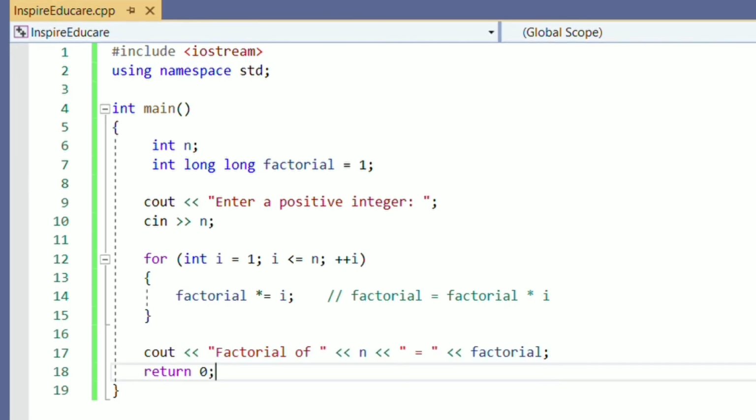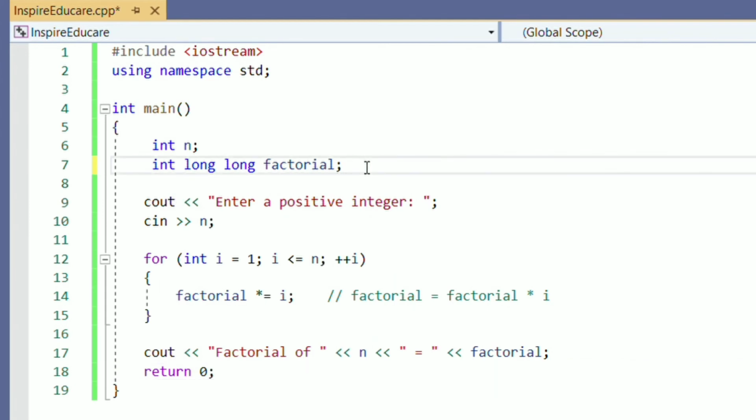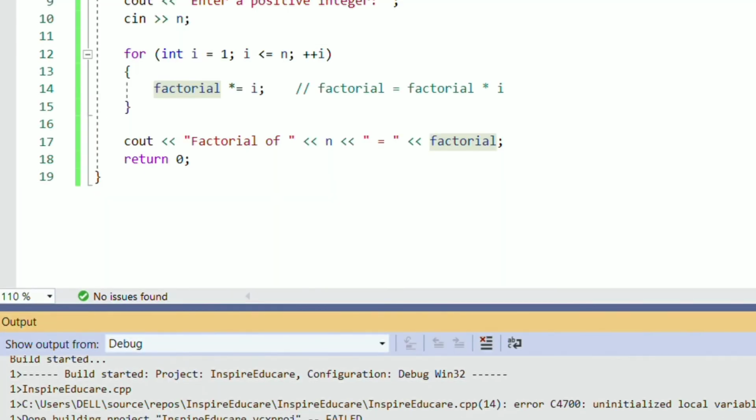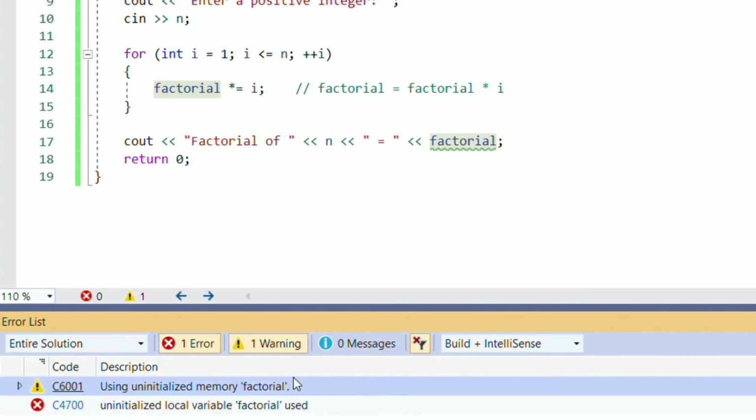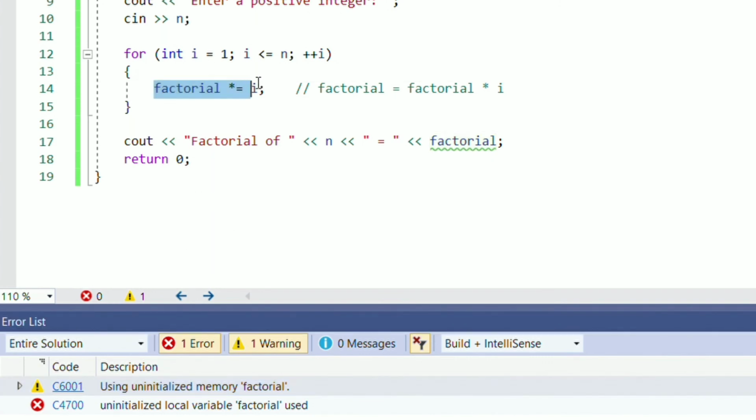Earlier I told you one thing, I assigned value of factorial as 1. What if I remove this value? So let's remove. What you can see is we are getting here an error. The error is uninitialized local variable factorial used. I got this error because in for loop's body, I used factorial into my formula, that is factorial equals to factorial into i.